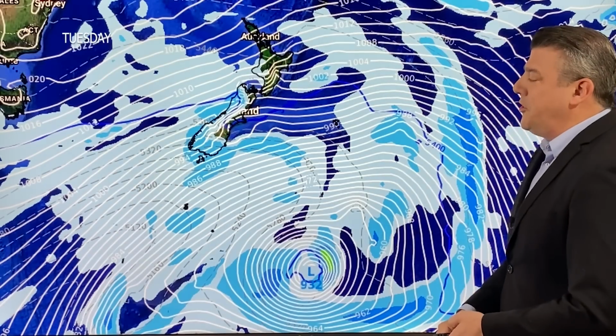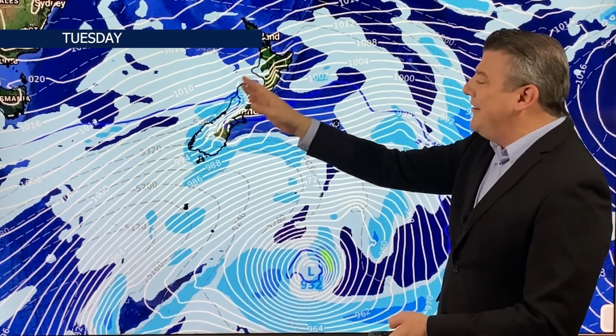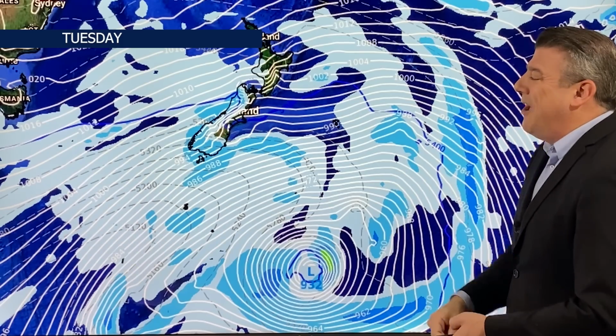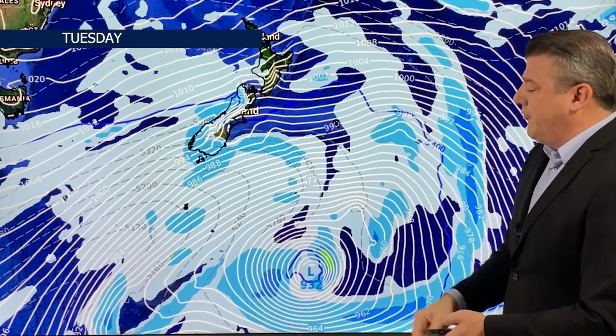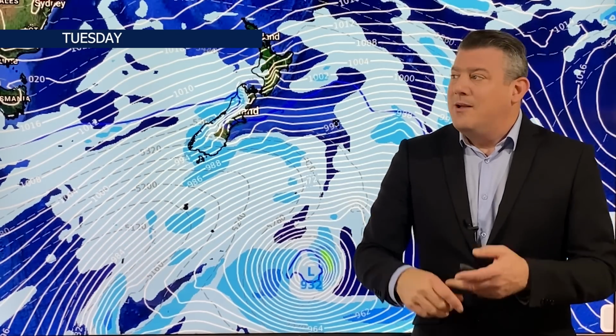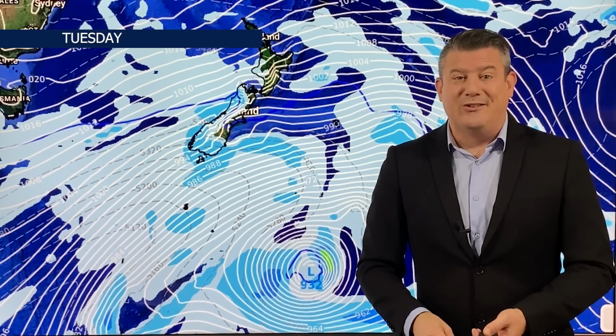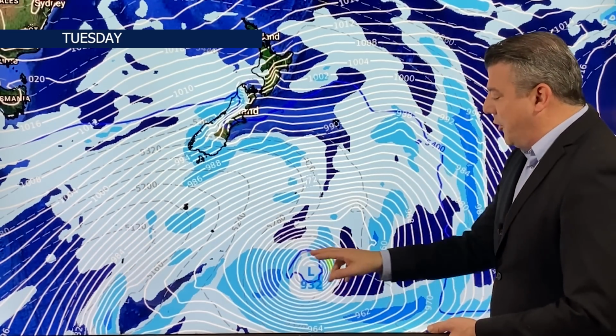Here is lunchtime Tuesday. That clear spell on the west coast doesn't last long because the sou'westers are kicking in on Tuesday, and windy sou'westers right across the country. Look at the storm. 932 hectopascals, unbelievably low air pressure. It's equal to that of Category 5 hurricanes and tropical cyclones. It has a very different centre to it, but